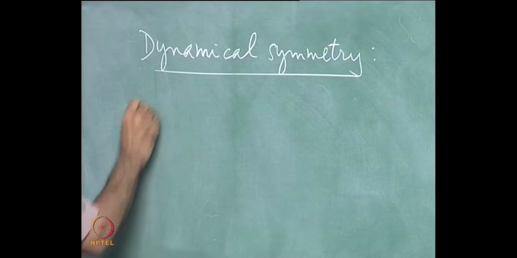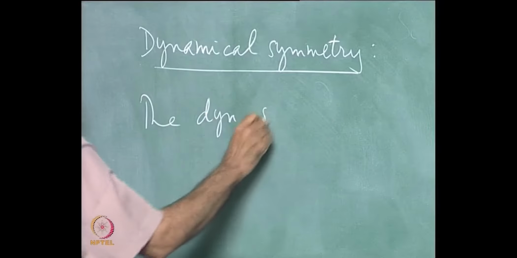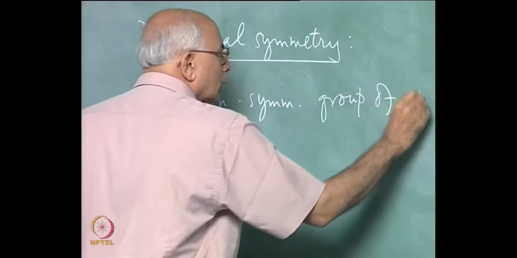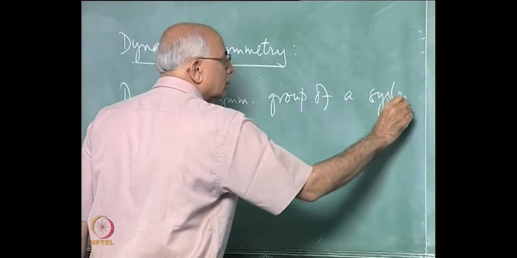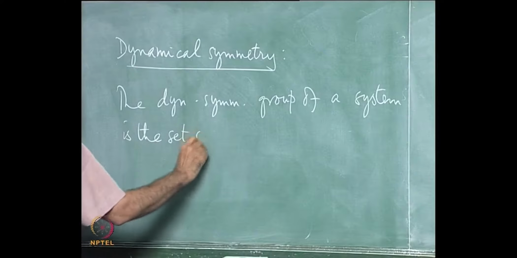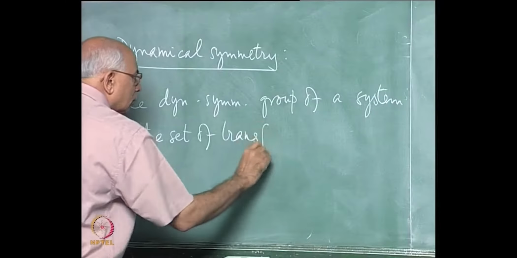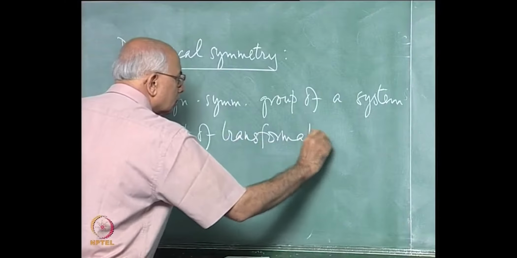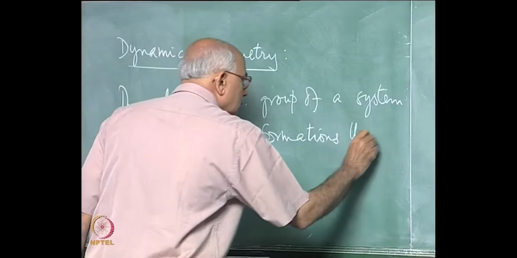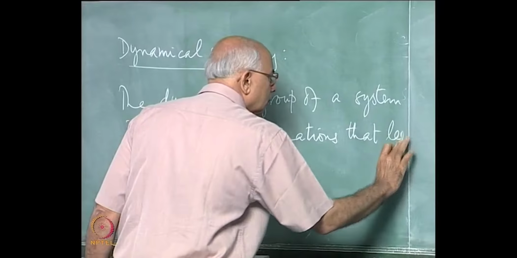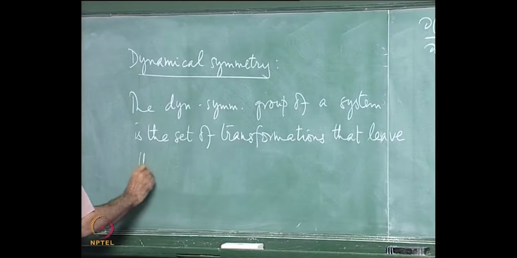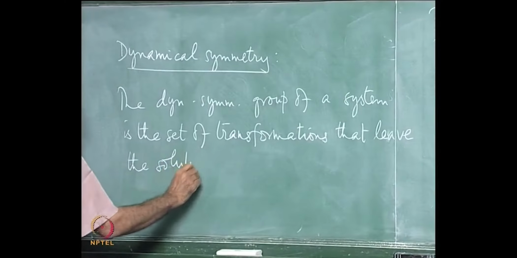By this I mean the dynamical symmetry group of a system is a set of transformations of its phase space variables, a set of transformations that leave the solution space